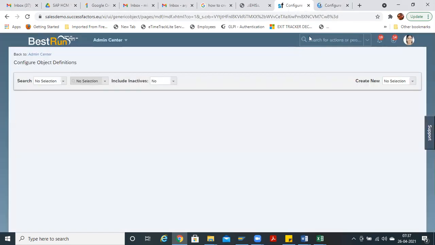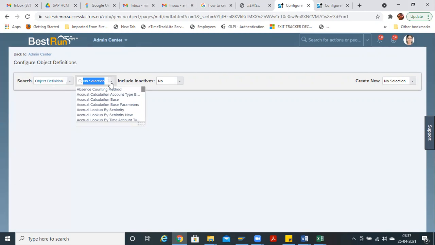Just remember, in Configure Object Definition you are not maintaining data, you are just configuring the fields and objects. For example, legal entity is already configured with the name Legal Entity.